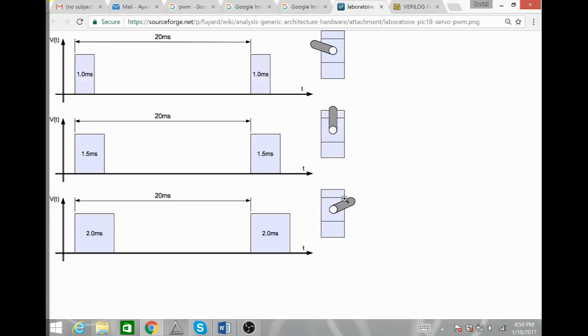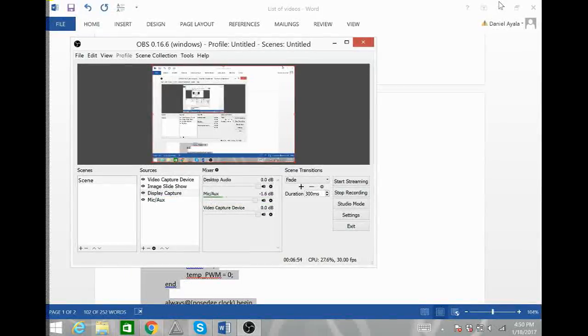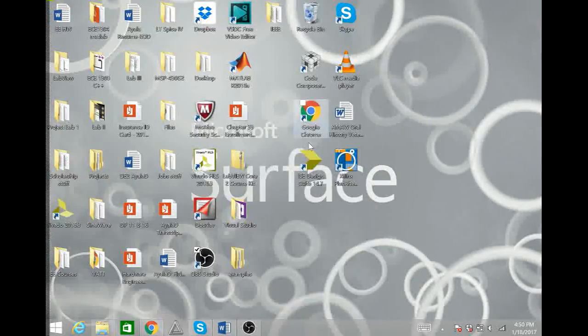So to operate a servo with PWM, you can get with me later and I can show you that. But in this module we are just going to create the basic PWM and simulate it through the Verilog ISE WebPACK. So opening up my ISE WebPACK,